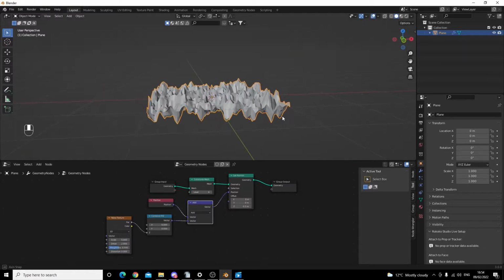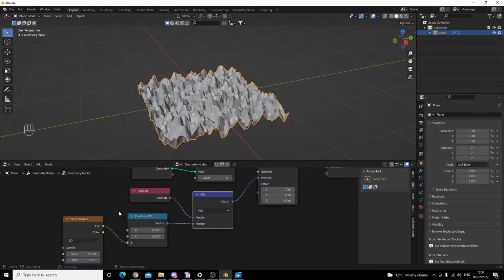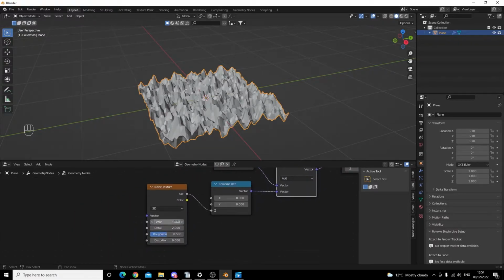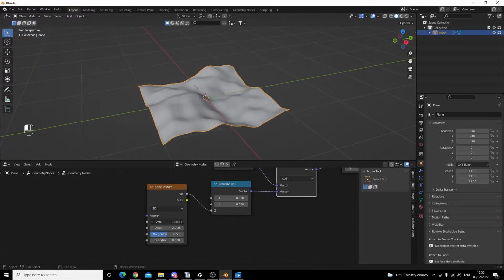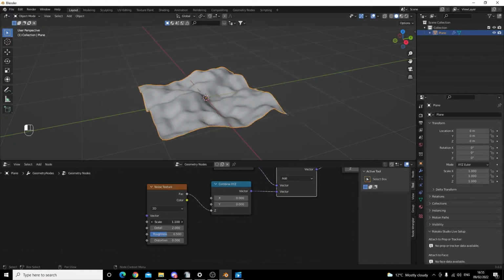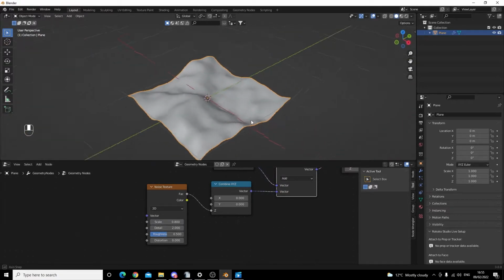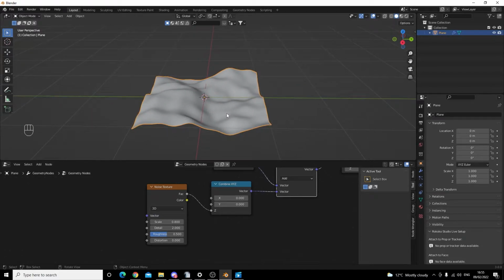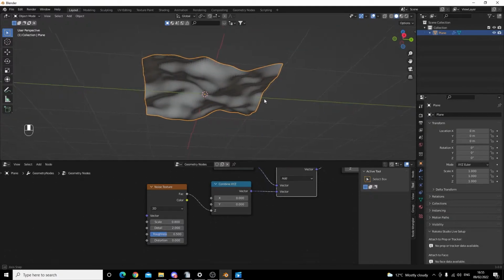The noise texture is a bit overpowering for what we want, so we're going to reduce the scale until we find a look that we like. I'm not able to get the look that I want. I know this as if I increase the scale value, it's too hilly. I can solve this by increasing the size of my plane, and this will disperse the effect over a bigger